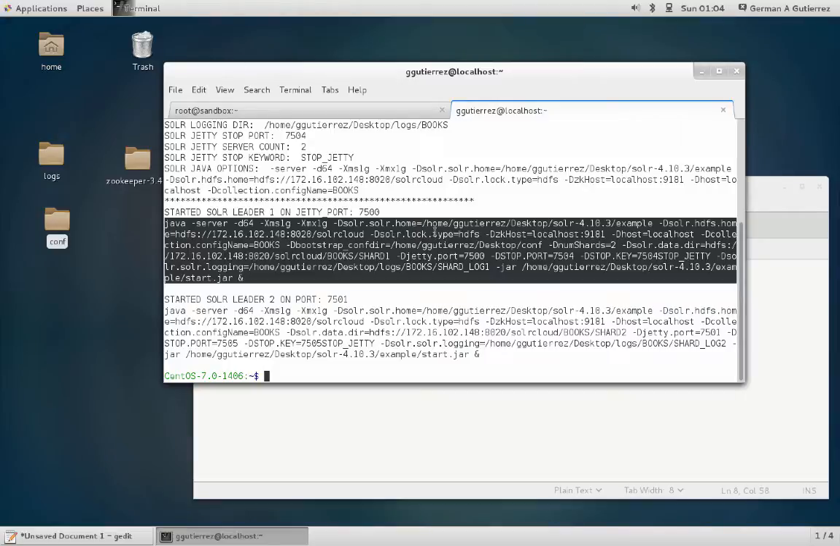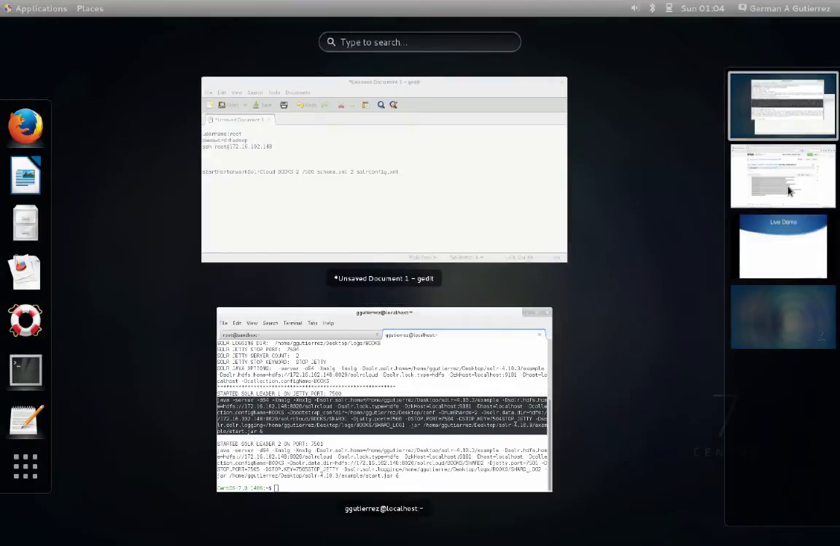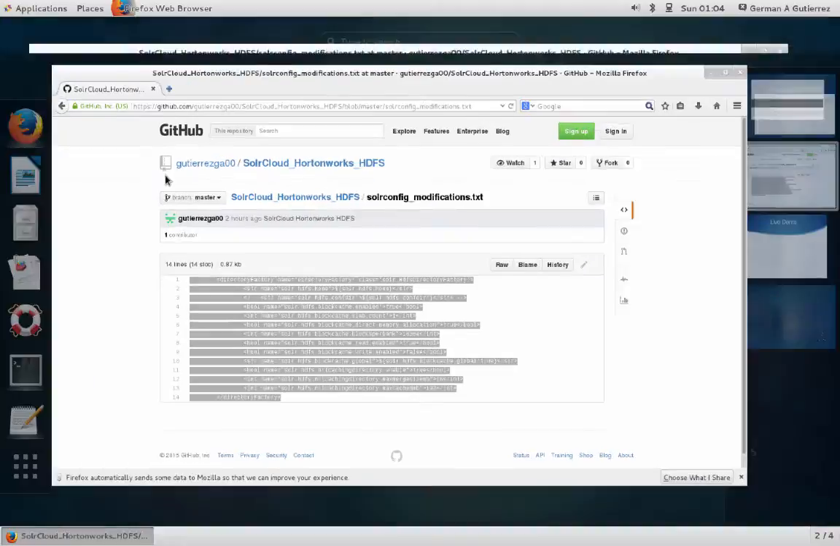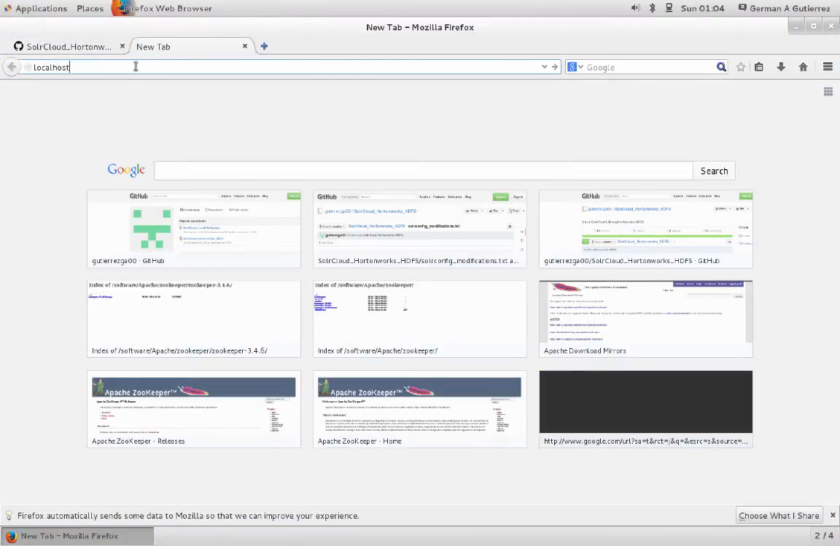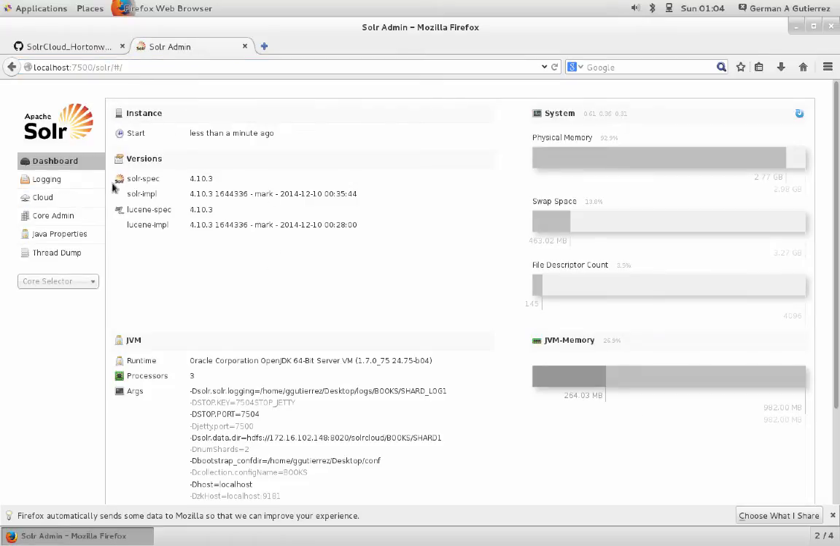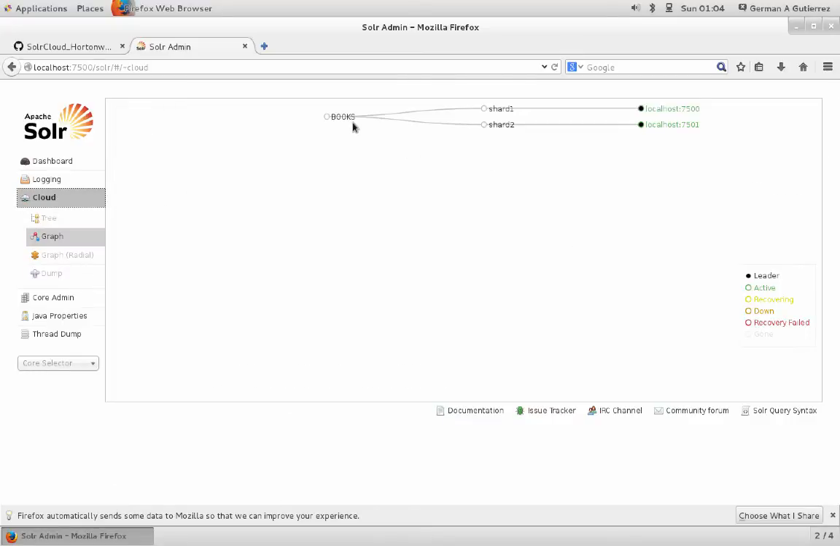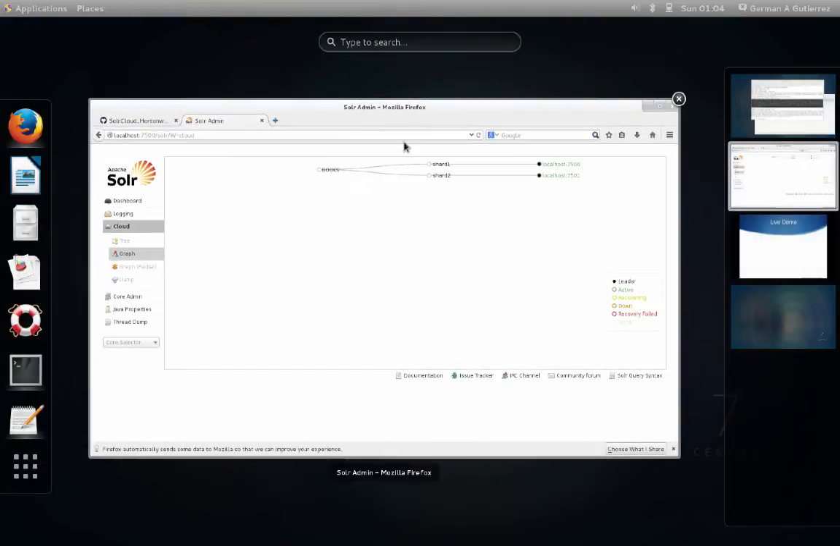So now if I go to a web browser, let me show you this here, and let's open a new tab, localhost 7500 solr. This is the instance that we just started, and the collection is called books. Right? If we want to do another one,